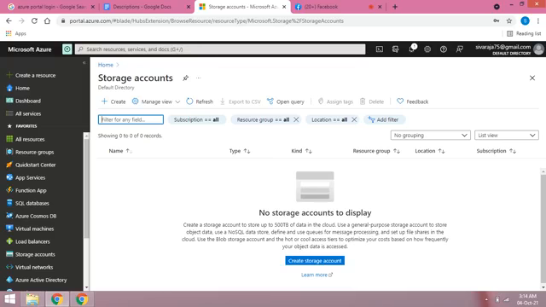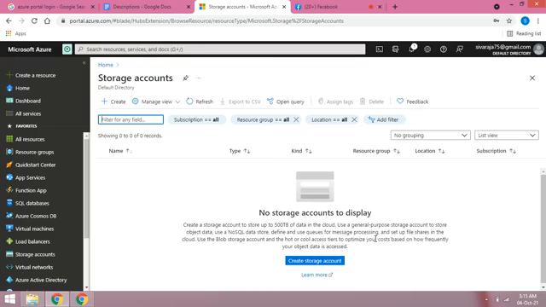A storage account lets you store up to 500 TB of data in the cloud. Use a general purpose storage account for NoSQL, queues for the messaging process, and file shares in the cloud. Use blob storage with hot and cool access tiers to optimize your cost based on how frequently your object data is accessed.